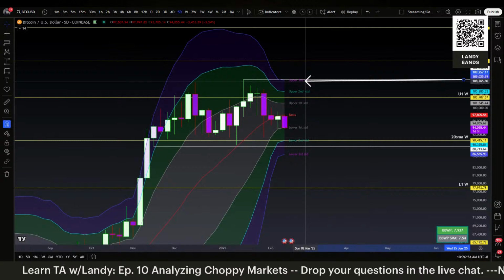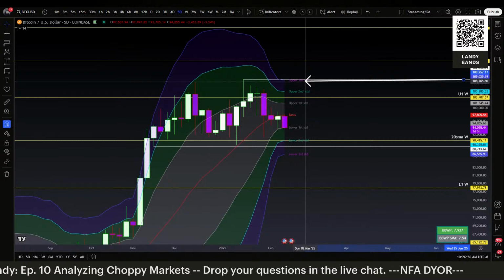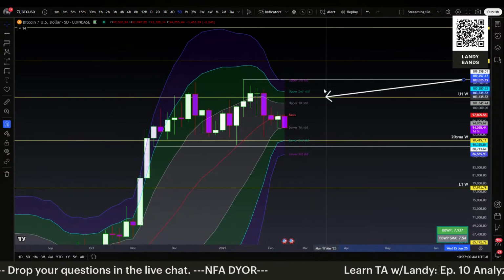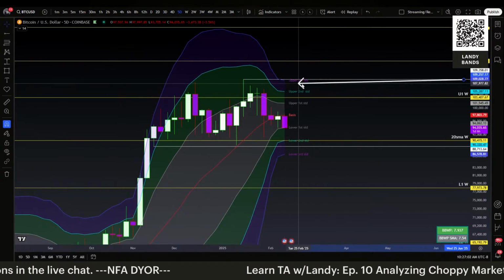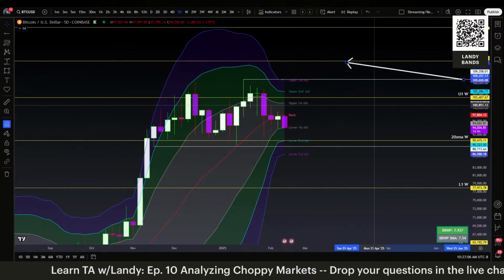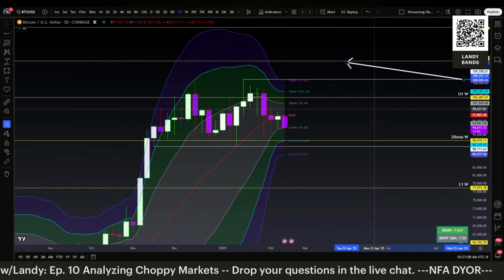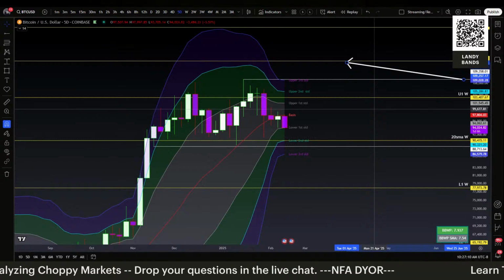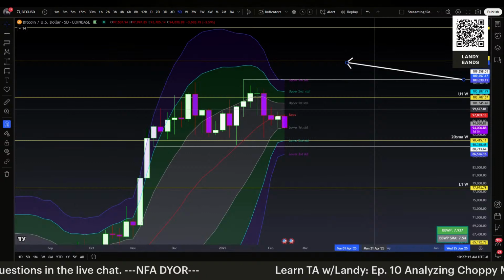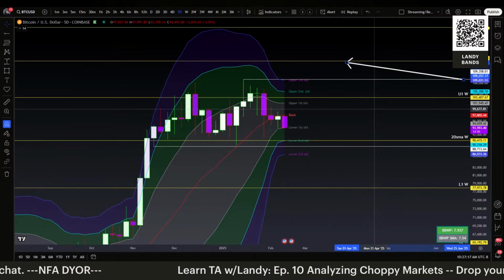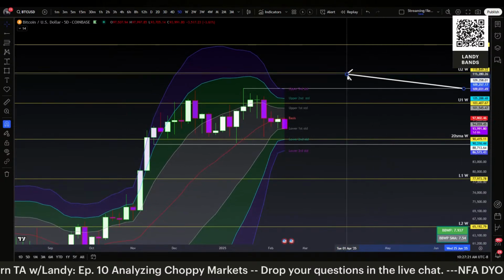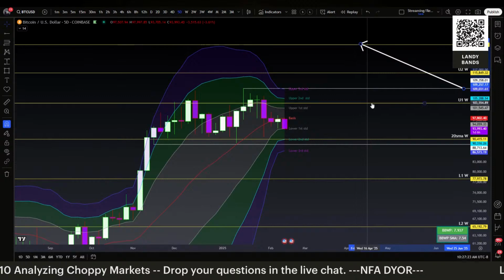If we were to start to see closures above there on the 5-day, we would then look to where the next area of interest is for a higher time frame like a weekly, because we would be getting volatility expansion outside of the highs. Where would we start to look? Upper second, right around $115,000. In this case, it's still compressing. It's at closer to 116, but it might be at 115. Maybe next week it's at 112 if Bitcoin continues sideways. And above there, we would look for the reference for the next big area. That's the upper third right there at